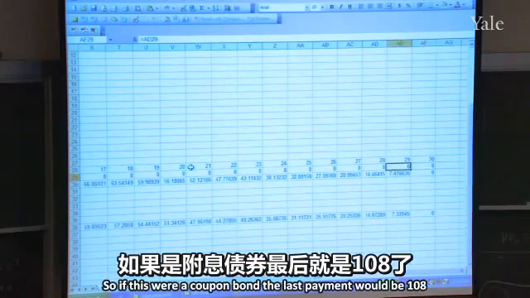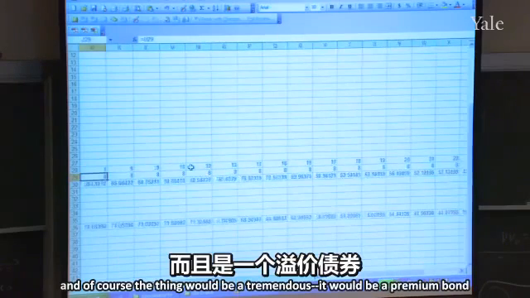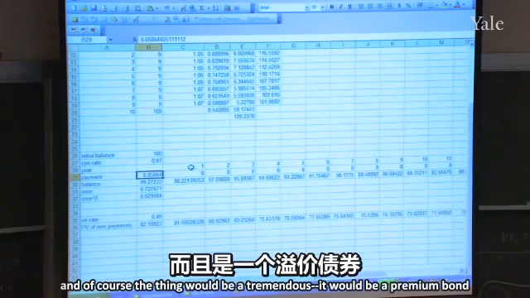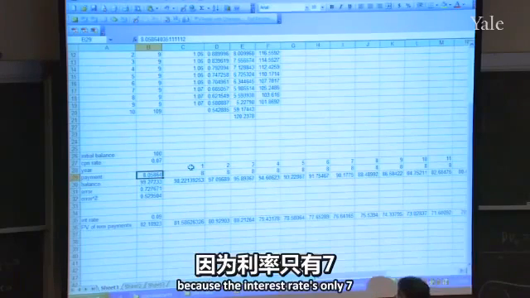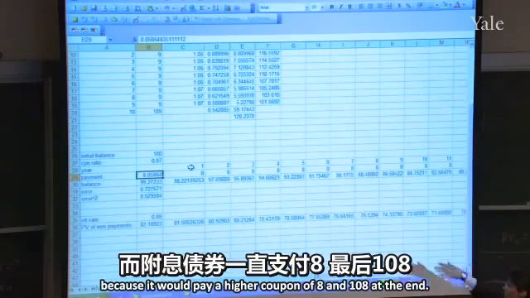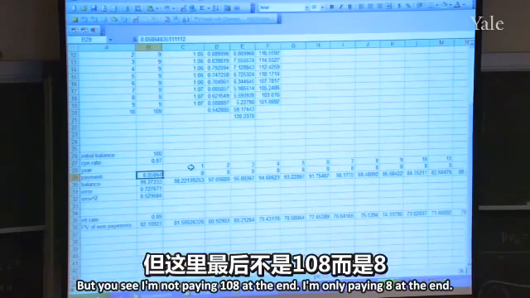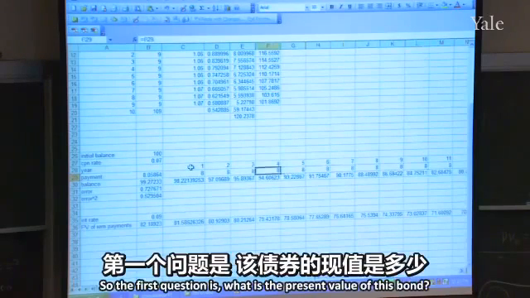So if this were a coupon bond, the last payment would be 108, and it would be a premium bond because the interest rate's only 7%, because it would pay a higher coupon of 8 and 108 at the end. But you see, I'm not paying 108 at the end, I'm only paying 8 at the end. So the first question is,